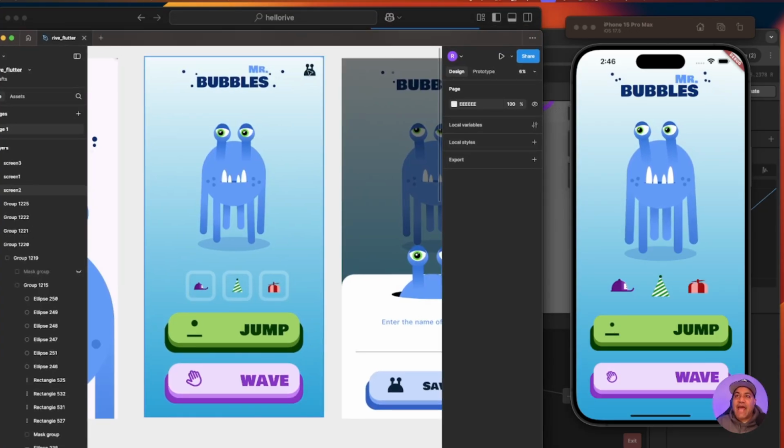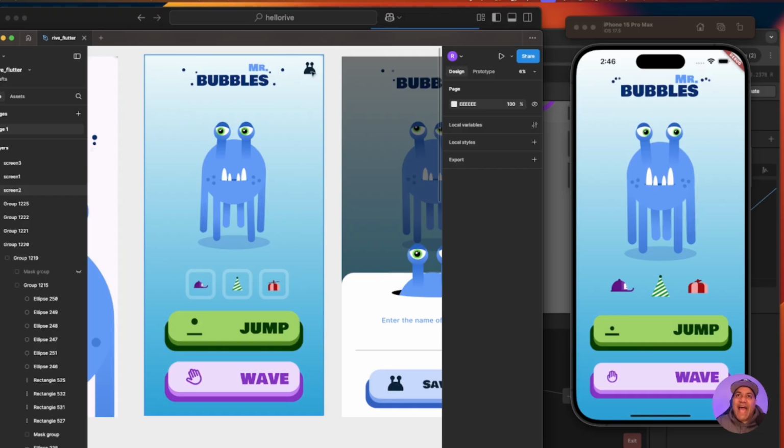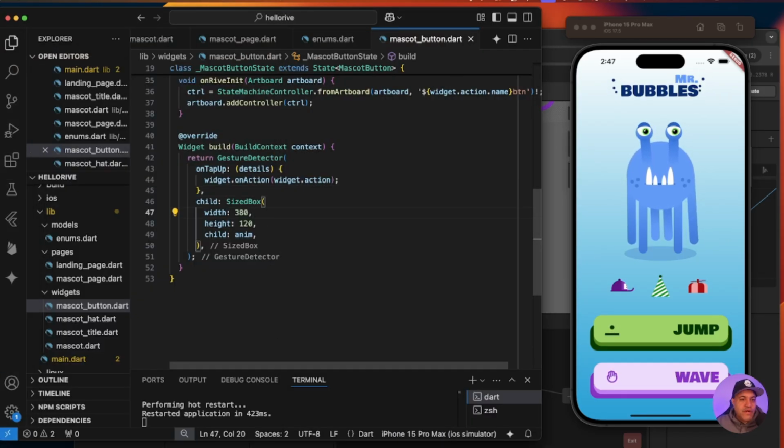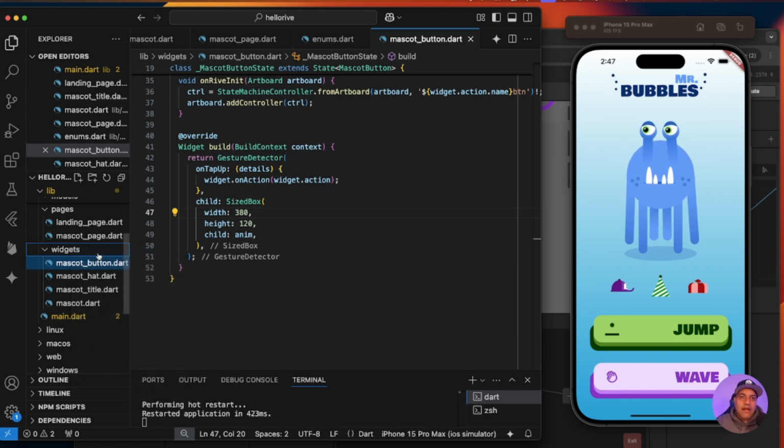The last thing that I'm going to add, just to at least finalize the rendering of all the pieces in here, is this app bar button right here on the actions. I'm going to add it right there. So I'm going to create one more widget for the mascot icon, and then I'm going to load that in there as an icon button. So let's wrap this one up with that. So let me just create exactly that. I'm going to create an additional widget. I'm going to call it